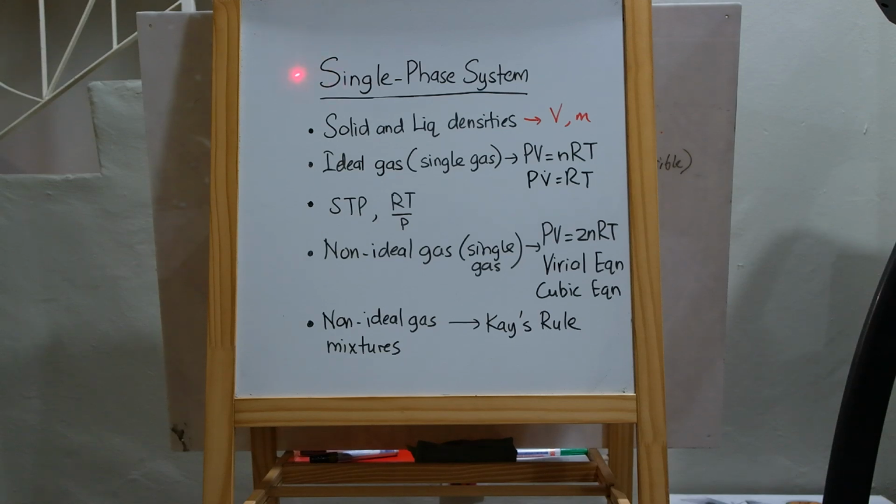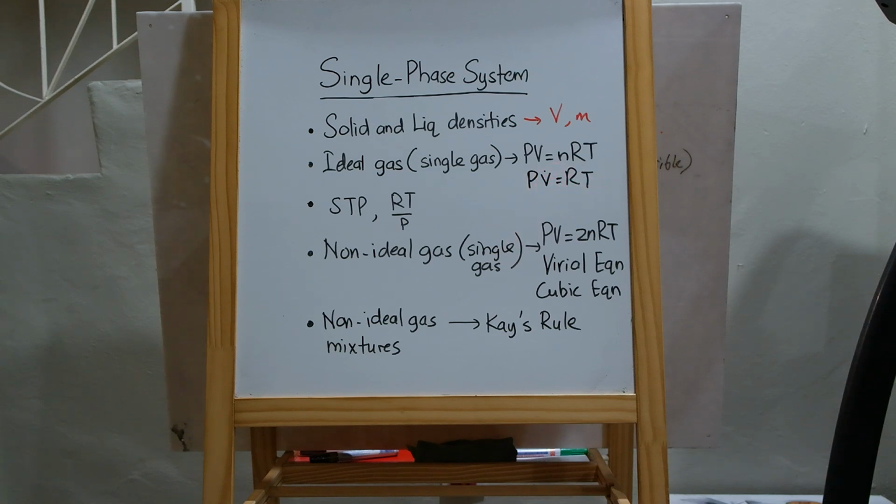Pretty much what we will cover in this chapter is, first of all, solid and liquid densities. If we know densities, we can find the volume and also the mass of the substance. After we are done with solid and liquid densities, we will look into ideal gas, single gas, where we are going to find P, V, n or R using this equation, PV equals nRT, or P